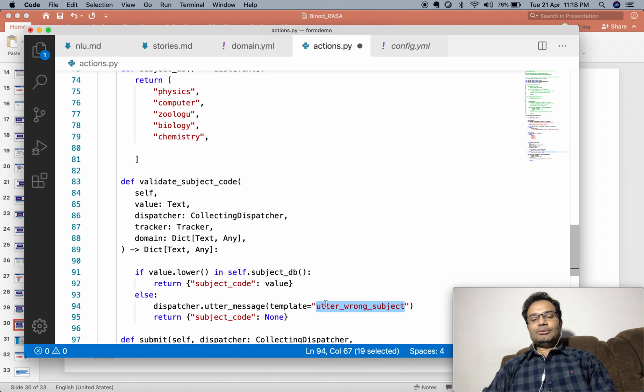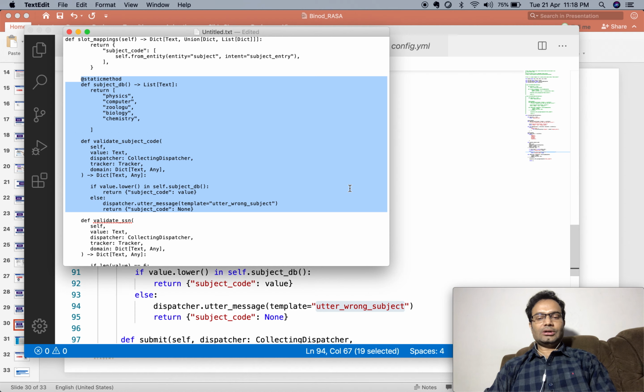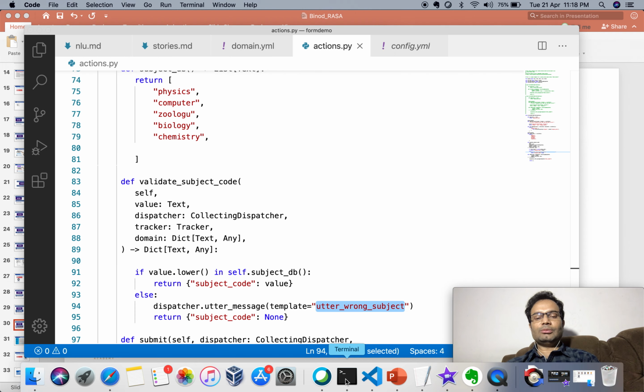I will show you the message I have given in utter wrong subject. Go to the domain, and here, yeah, this subject is not in the database. This time I have not changed anything in the model or the domain, so no need to train the model.